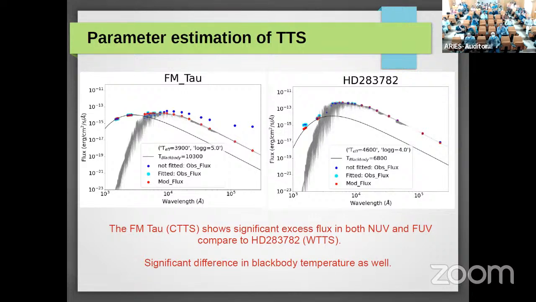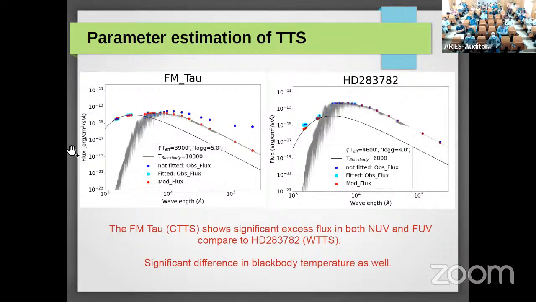What I've done is, as I told you, the UV part of the emission of the T Tauri stars mainly comes from the accretion or the chromospheric activity, and the optical part comes from the photospheric activity. So we try to model the UV and the optical by dual fitting of the theoretical SED. For the UV part, we consider a black body emission, and for the optical we have used